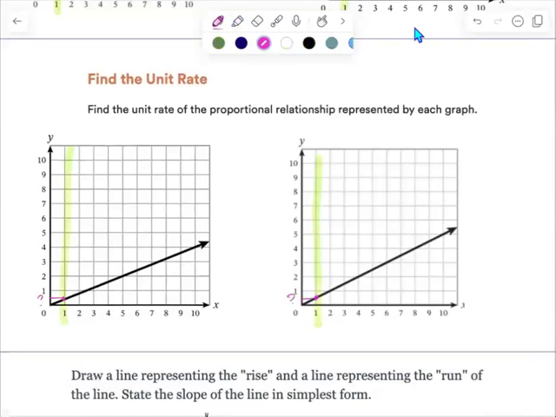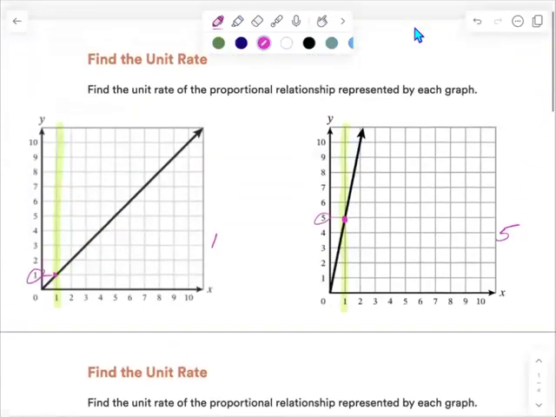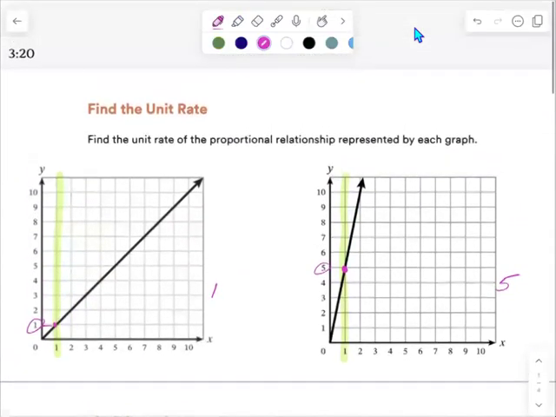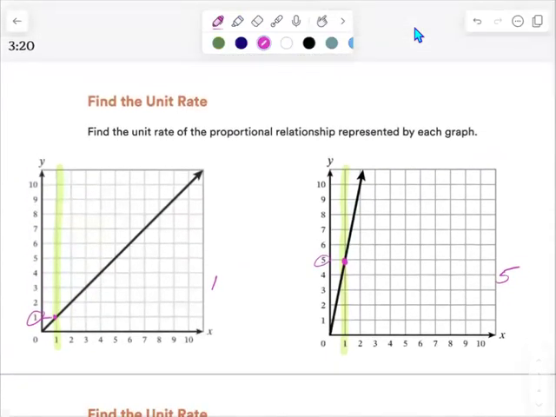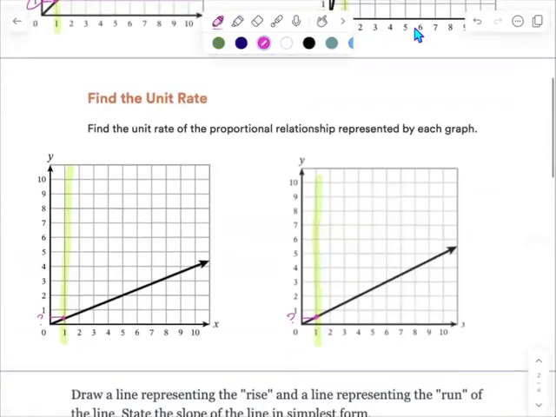So the first version works great when it's sort of clean in the sense that as the line hits that value of 1, we can look to the left, we can see a clear value. But we need a backup plan. There's a couple that we can have here. One, we go find a point that actually would sit square on a value. So like, for instance, this point right here, I can tell that the x value is 5 and the y